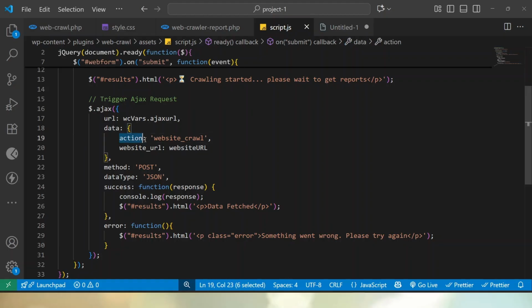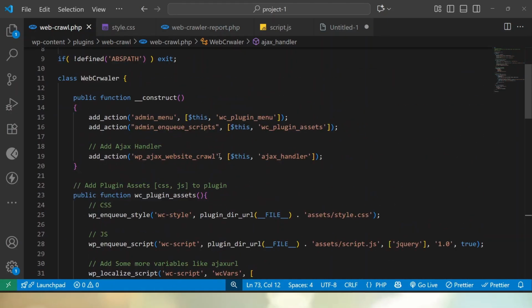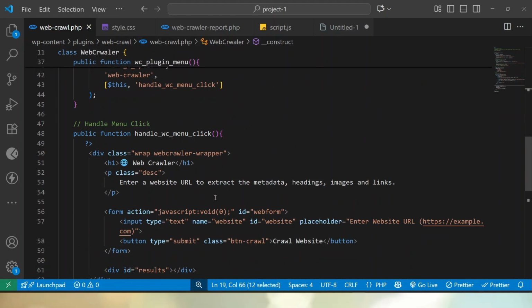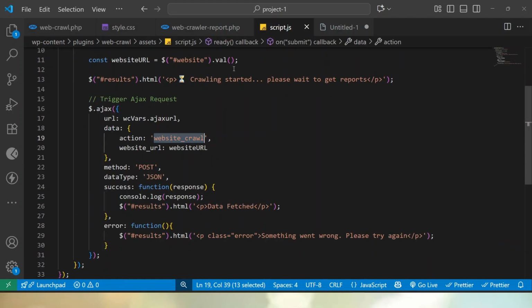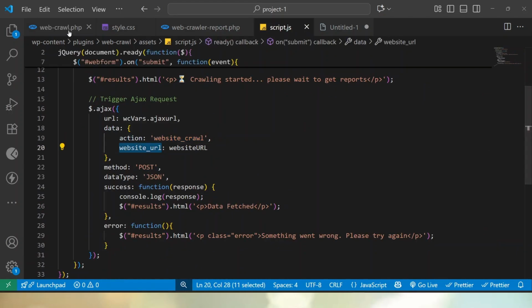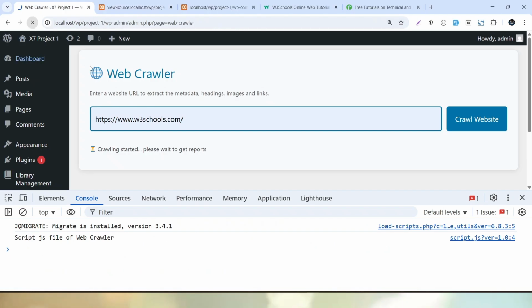So here we are passing our action. Now, by the help of this action name, it will trigger this action hook, and this action hook will call this Ajax handler, which is a callback method. And here it will get that website URL from this data website URL, and simply for the time being it will return these two data. Now if I save all these changes, let's go here, and if I reload,